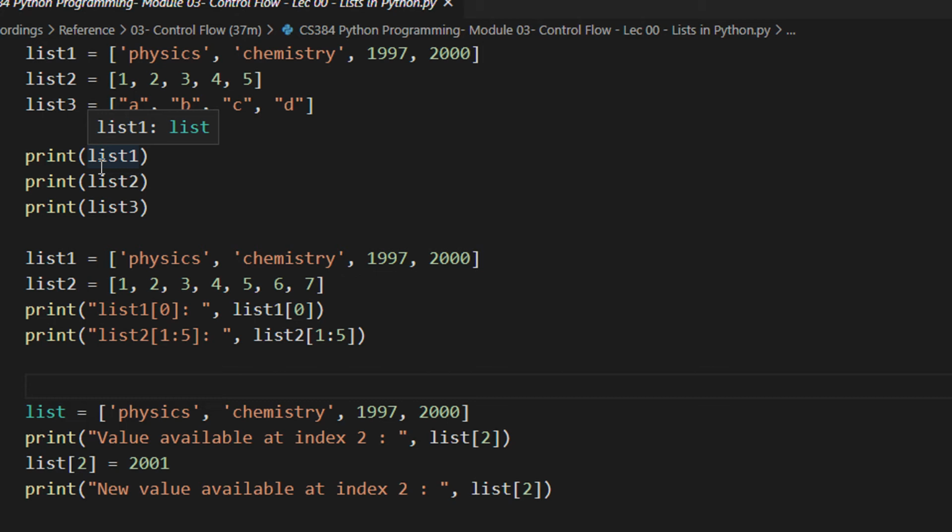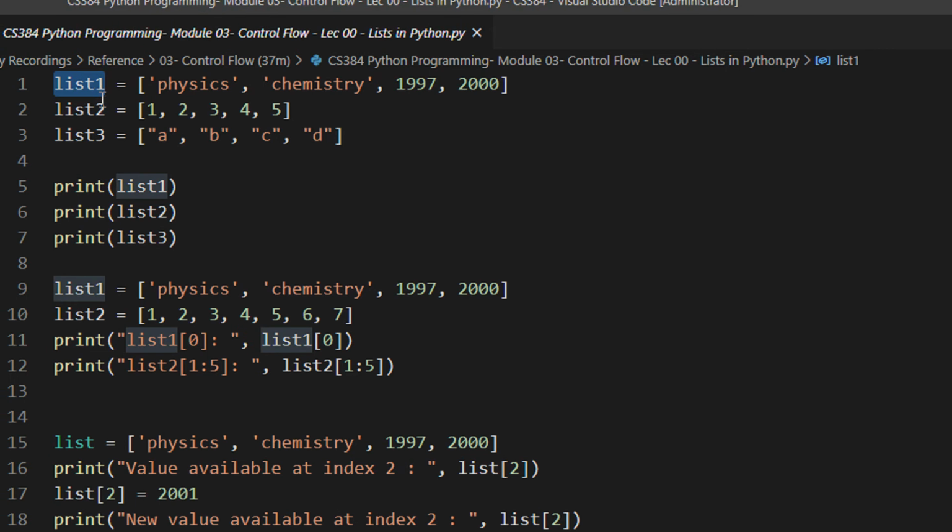If you have the knowledge of C, C++, we use arrays there. So lists are very similar to arrays, but they are very much powerful. Okay, so we will just see. If you recollect, an array basically was a collection of similar data types. So you can have an array of roll numbers or names, but you cannot have a mix of both. You cannot have an array having integers and floats, not allowed. But a list is like an array but allows multiple data types. We will look at an example right now.